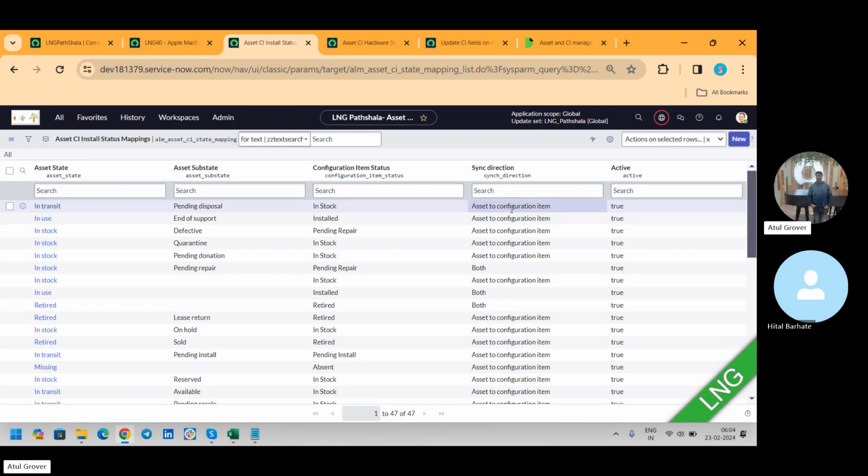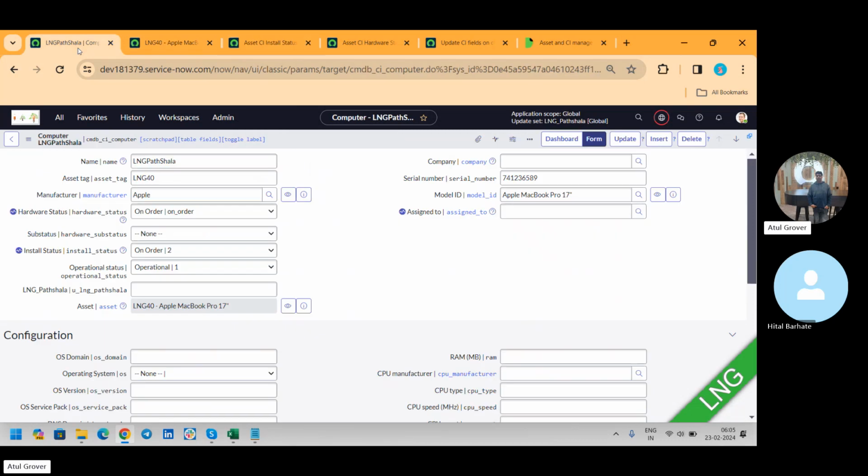It means if you make a change in the asset, the CI will be updated, but if you change the CI, the asset will not get updated. Like this, asset to CI. This one is both. It means if I go into the CI and change the install status to in maintenance and save,